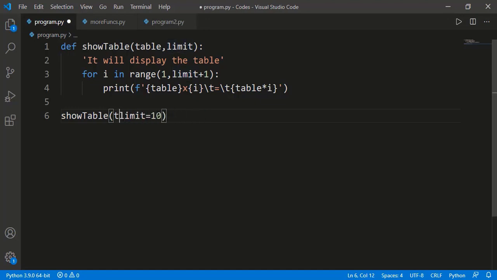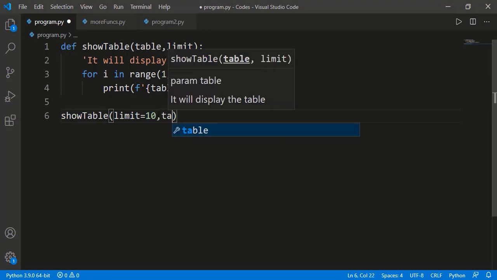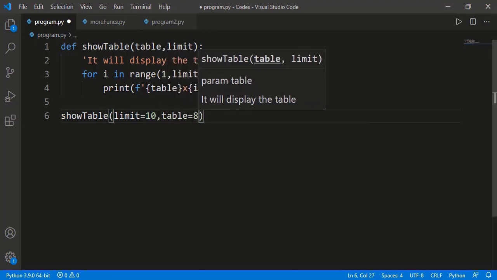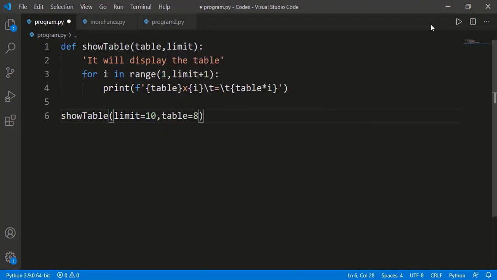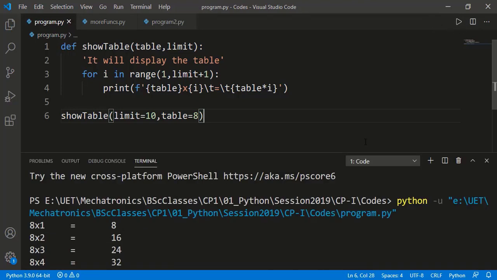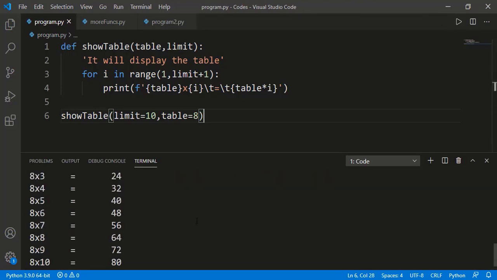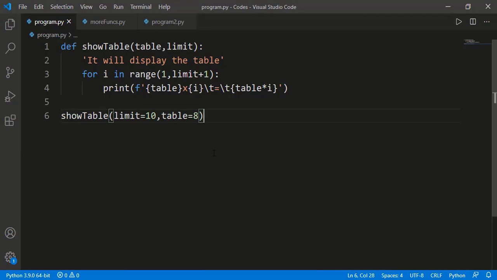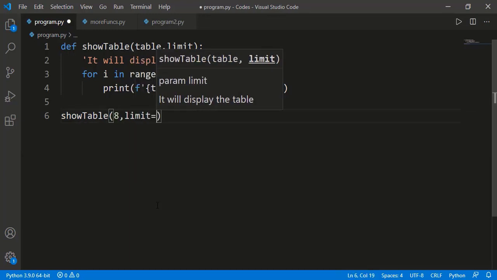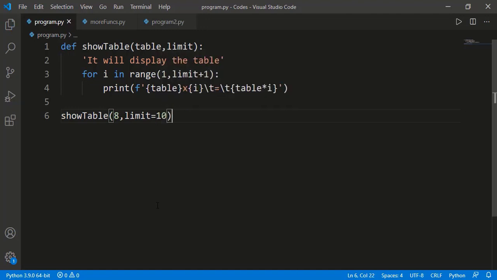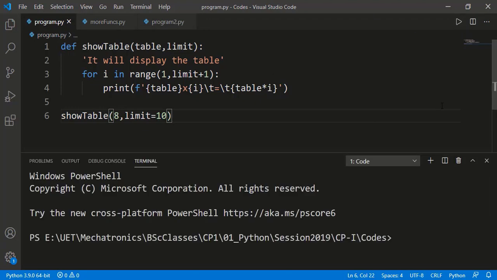When we provide the input arguments by name, we don't need to worry about the order or the position. Now I can set the second argument before the first argument. There is also a possibility that we provide a few arguments by position and a few by name. The arguments by position will be the starting arguments, followed by the keyword arguments or the named arguments.